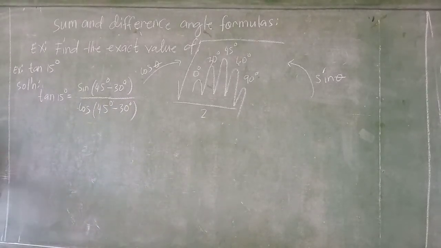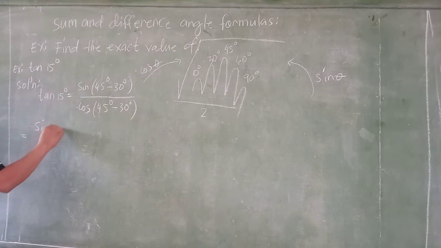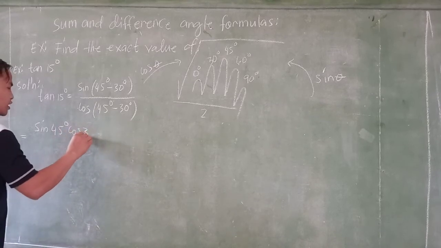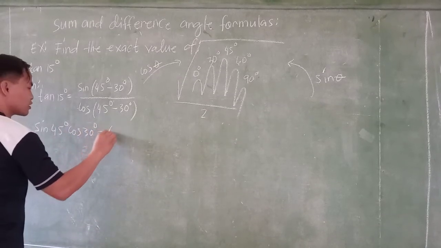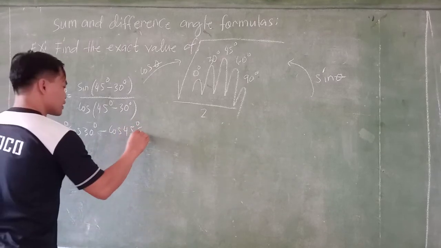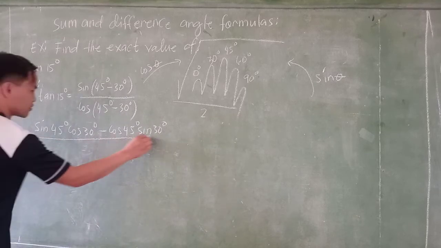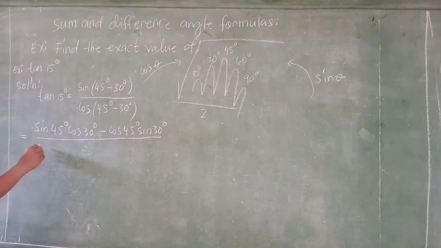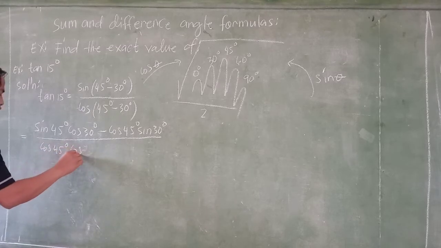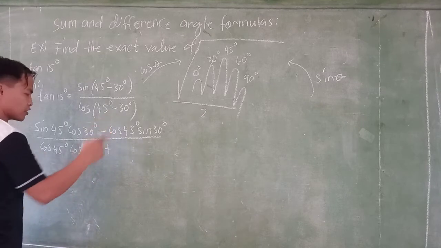Then simplify, we have here sine of 45 degrees cos of 30 degrees minus cos of 45 degrees sine of 30 degrees, all over cos of 45 degrees cos of 30 degrees, plus,